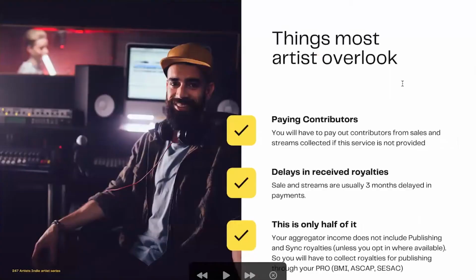Okay. So things artists overlook. One of the things that I really think most artists overlook is paying contributors. So if you're an artist who's going to collaborate often, have multiple people on your records, take into account the work that it takes to make sure everyone's getting paid, right? Especially in the independent artist world. If you're doing a 33-33-33 split with two other contributors, and your song makes $1, if you upload it to your TuneCore, you are responsible for paying out 66 cents from that dollar,